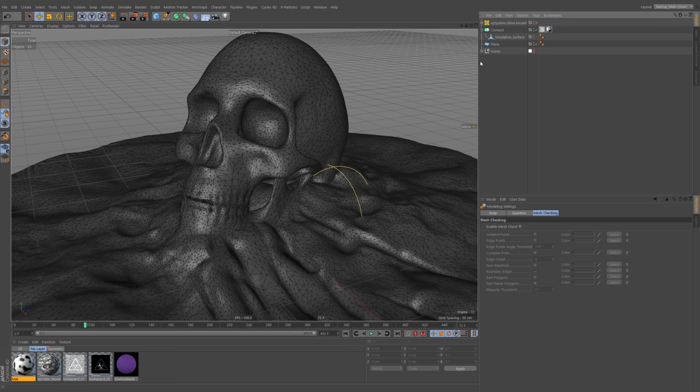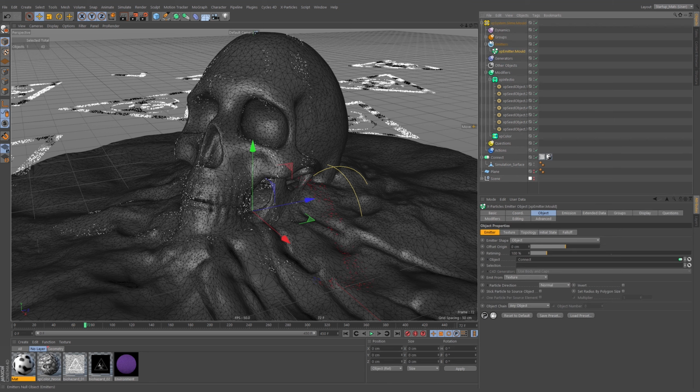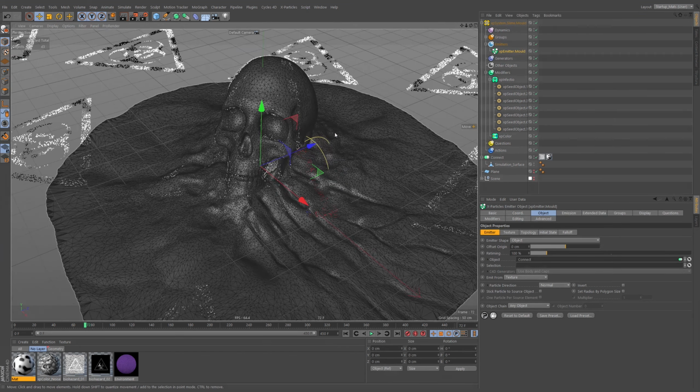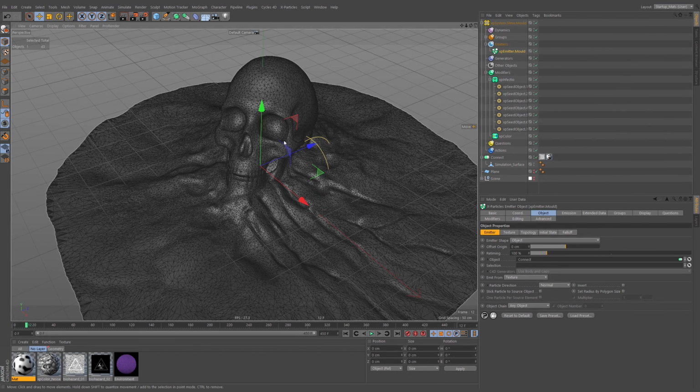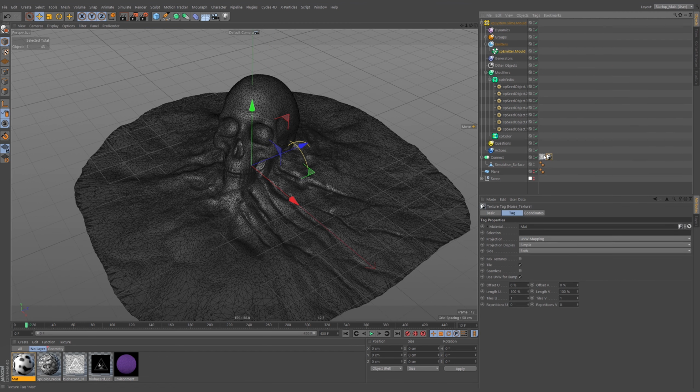Okay. So probably a good time to save. Probably always is a good time to save is the answer to that one. Let's turn our simulation back on. And if you recall, we had to create a UV for this surface, but let's see if it actually applies any particles. Yes, it does. But there's no UV, so we're going to have to create a UV. Let's turn our connect object off. Let's throw